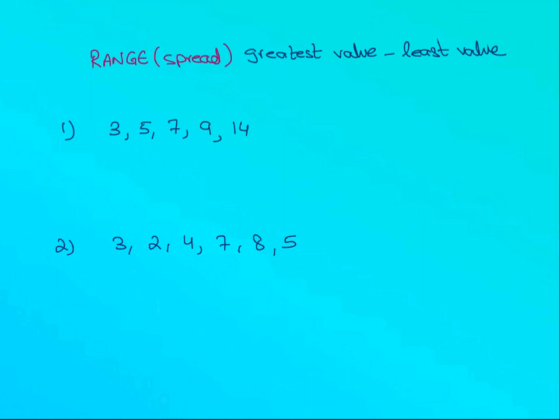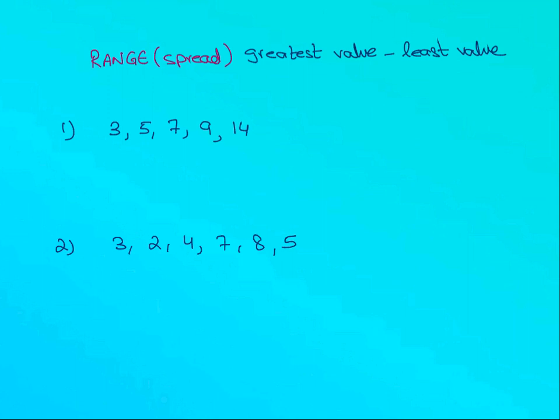Now this is a continuation of the previous video. In this video we'll be discussing range and variation. Range is a very simple concept. It's just an interval over which all the data values lie. When you have to find the range, you actually have to find the width of that interval.